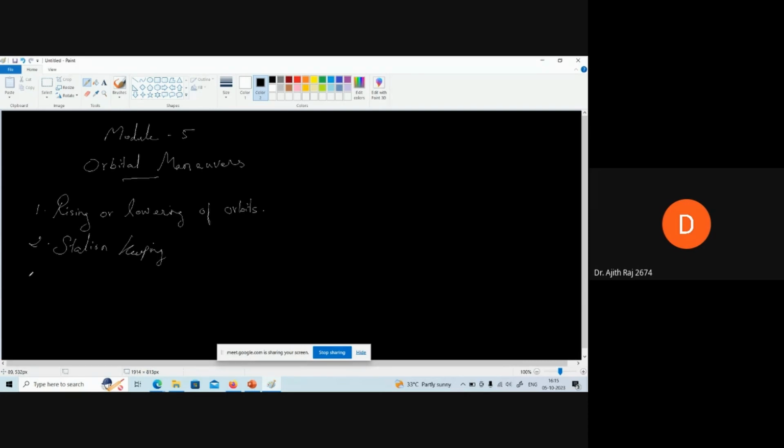So station keeping is again an important point where you will be doing this maneuver. So basically maneuver is doing some alterations in the orbit by means of height, or by means of orientation with respect to the earth's equatorial plane and the orbital plane, which is i. Okay,